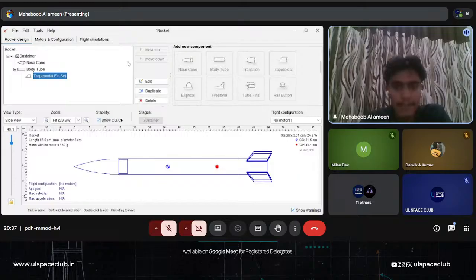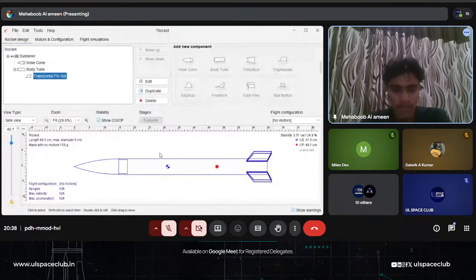And here you can see the material components. Okay, here we can see balsa, which is a wood material. So when we go for woods, we can see so many materials right here. I'm going to select balsa. Also, you can see the component finish, which is also related to the center of pressure,